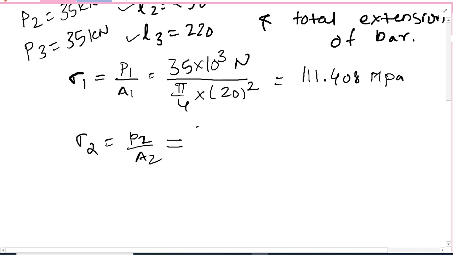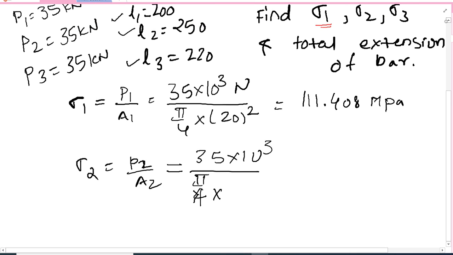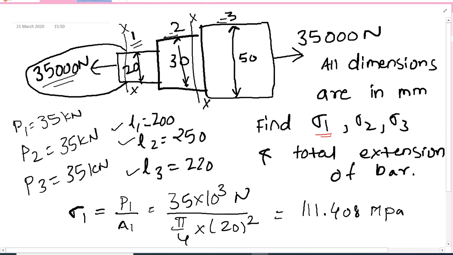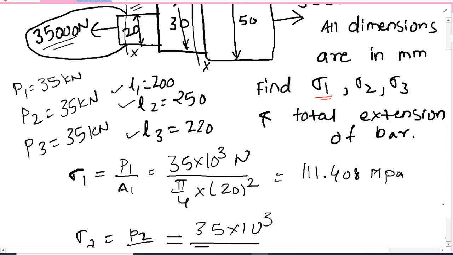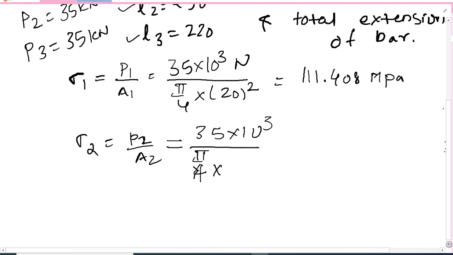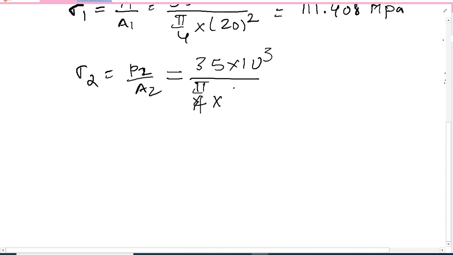So it will be again 35 kilonewton, just the diameter will change, pi by 4 into the diameter. What is the diameter here? It is 30 and 50. So 30 square, you will get something,